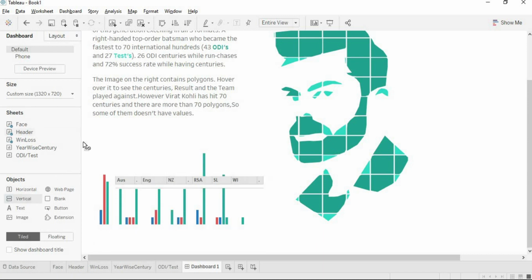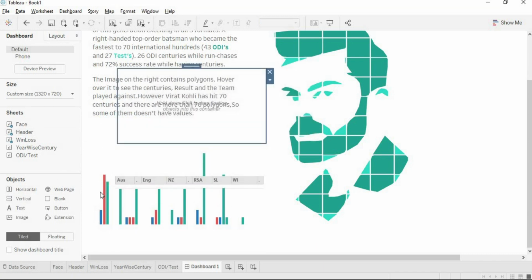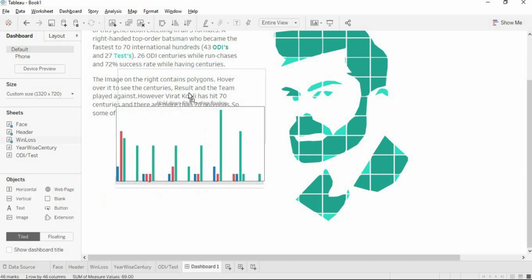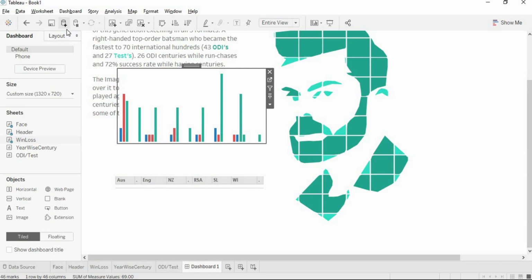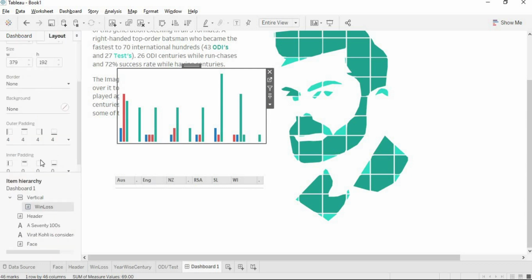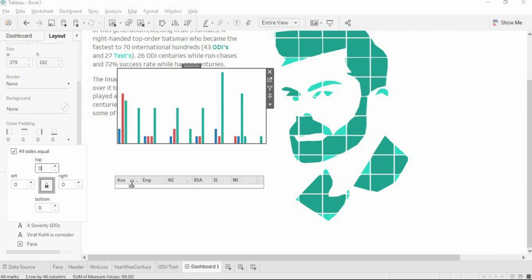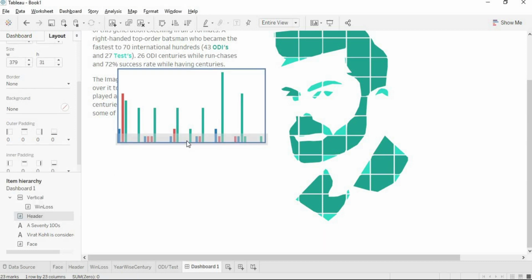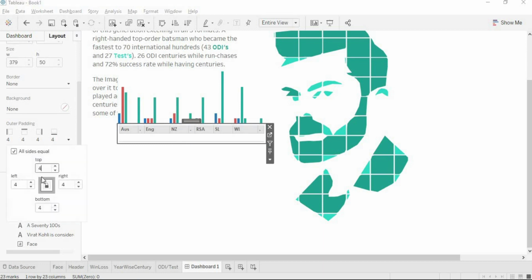Now we need to merge this content. So for that I will be using a vertical container, drag it and drop it here. Okay, so once I drag and drop it, the outer padding becomes 4, and by default it happens that way. Now drag and drop at the below of the container, change it to 0.